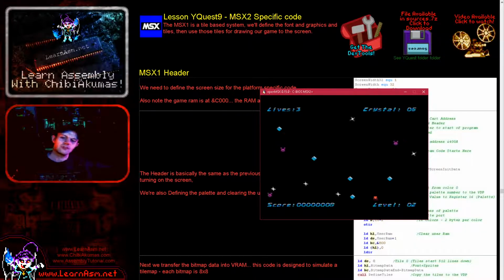Now, unlike some systems, the MSX2 is a bitmap-based screen, but unfortunately we do have to do VRAM to VRAM transfers. So all of the 8x8 sprites you can see on the screen here are actually stored in the hidden areas of the screen. Now, the screen is 192 lines tall, but it works in 256 line tall banks, and the bitmap graphics are all stored at around the 512th line onwards, all in a big sort of block. So that includes all the characters of the font, all the possible frames of animation, and